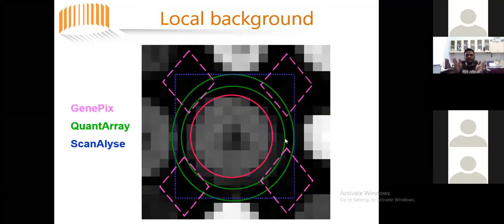This is the signal intensity we get from the scanning software. Some of the scanning softwares are mentioned here, like GenePix, QuantArray, and ScanAlyze. The middle part, which we see in the rectangular blue box, is the actual signal we want to measure. But on the left and right sides, the black and grayish dots represent the background noise, which needs to be subtracted, and this is done in the normalization steps. We commonly call it background correction.